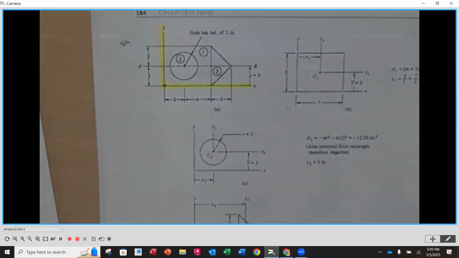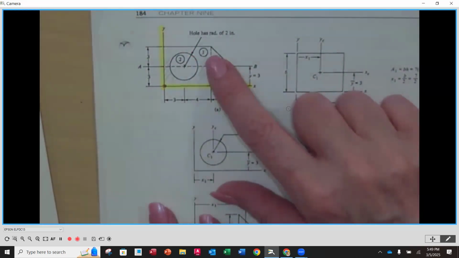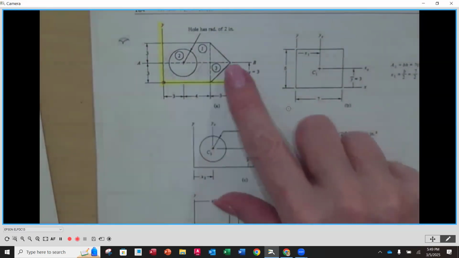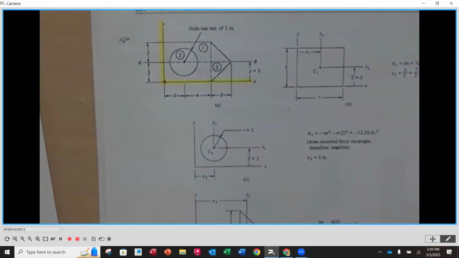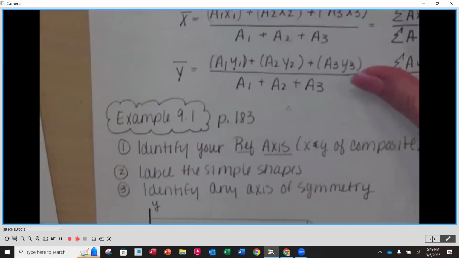Now, a composite shape is simply a shape that is made up of multiple simple shapes. So you'll notice here that we have a rectangle as a base, and they're calling that shape number 1. They have a circle here. This is a hole. So this is going to be, if you would, negative area, or area that we're taking away in order to create the shape. So that's going to be a hole. And then we have a triangle at the very end. So we want to find where is the centroid of this composite shape. And we'll go through the process that we see at the top of